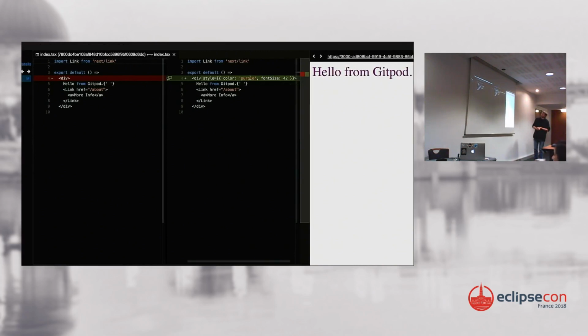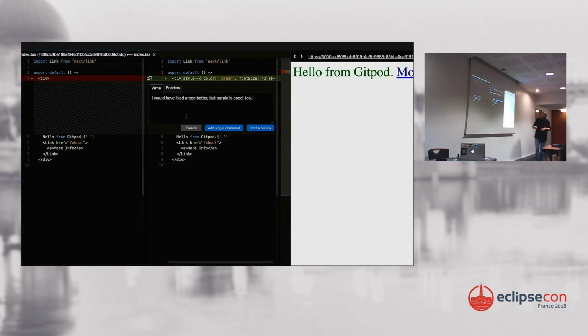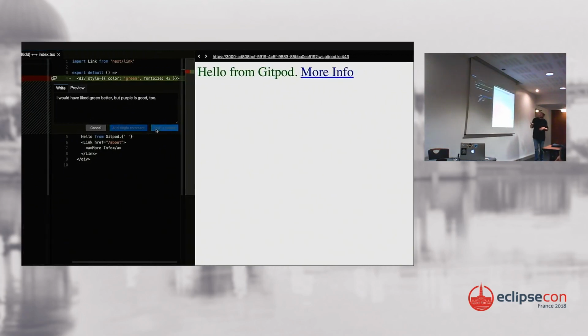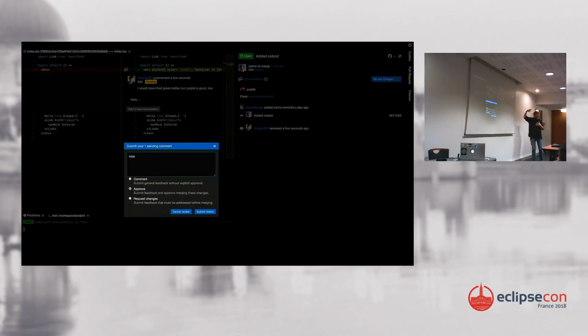So let's change the color here to something else, like green, for instance, save. So the dev server is automatically started. And now you see also this icon there, which suggests that you can comment inline. So Anton seems to like green better, so he comments that, and then he still approves the review. So the pull request view is now filled with the pull request because he is in the context of a pull request. He just approves it,